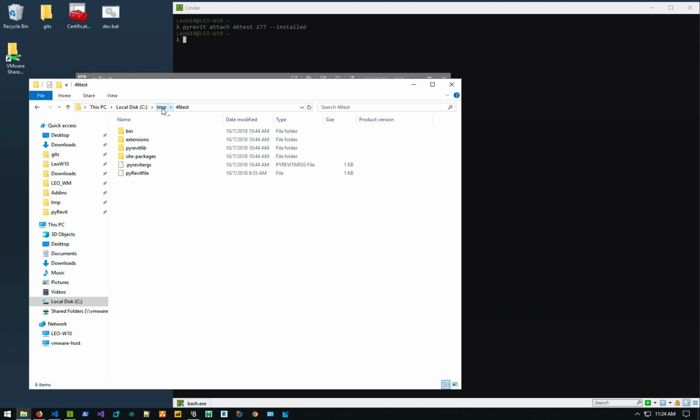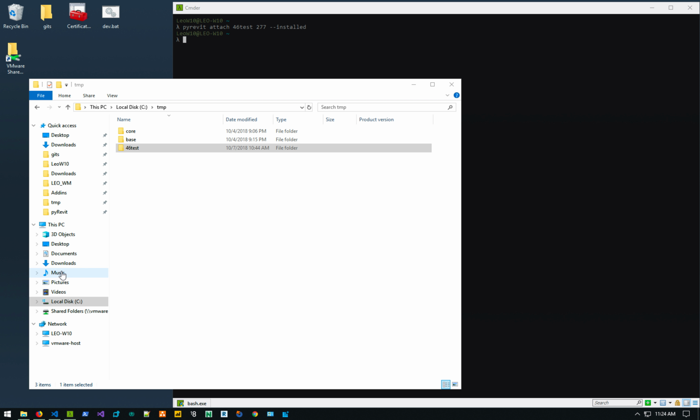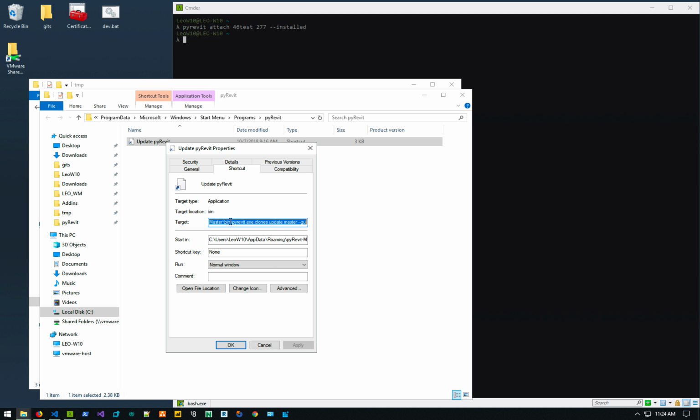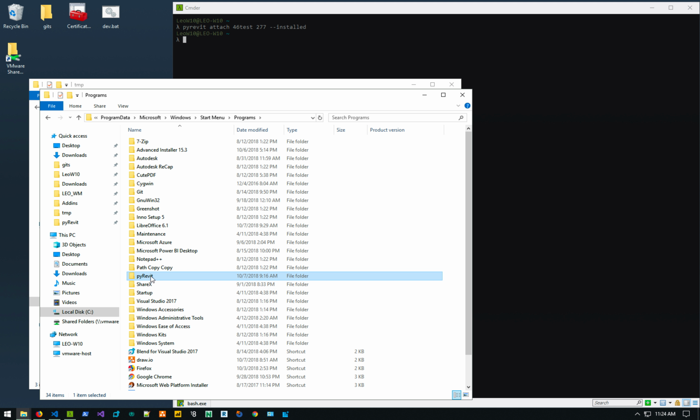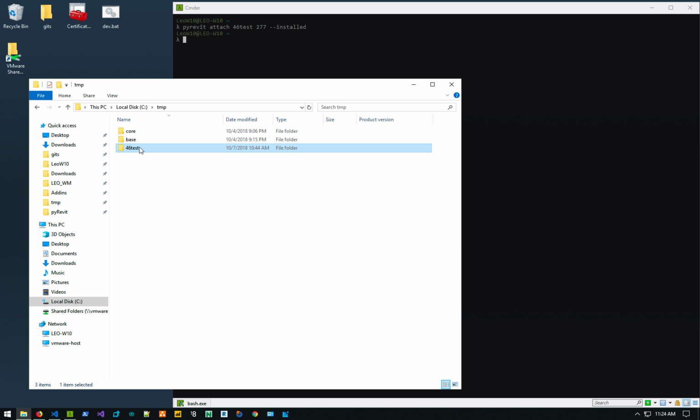And I'm going to close this pyRevit 6 extension. So whenever you install pyRevit, I'll add this in the future, it will install this shortcut in your start menu to update pyRevit. It doesn't come with the CLI tool. This is for the master that we installed. I can delete this. I've already removed it. But there are two things that I wanted to show you, the two last things, which are how to update this